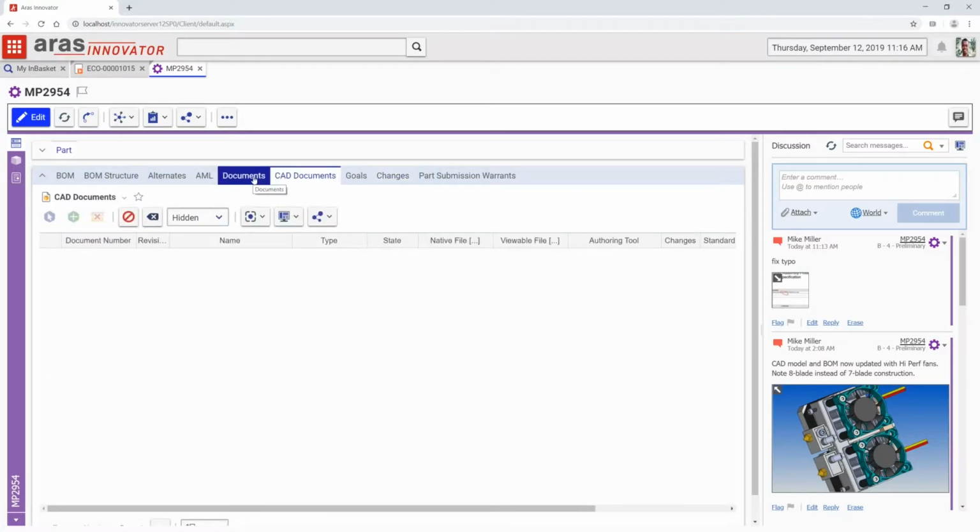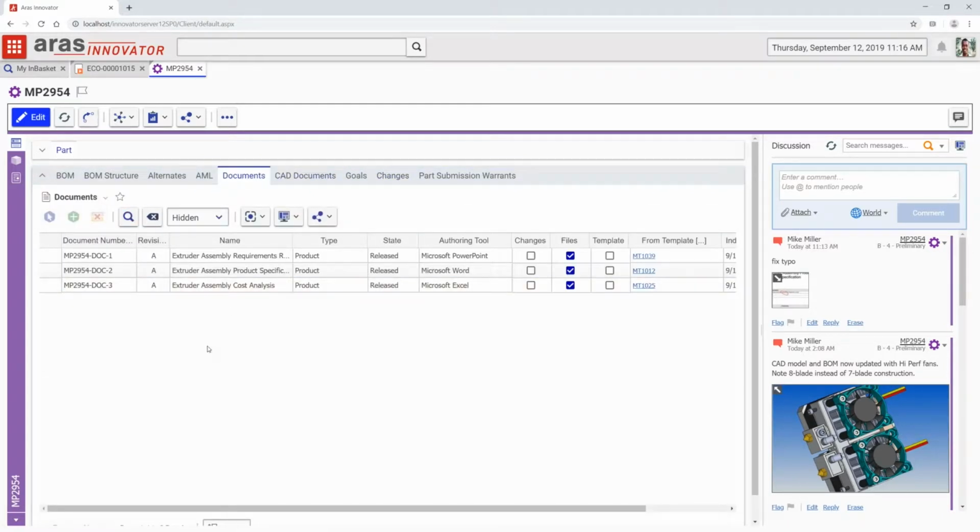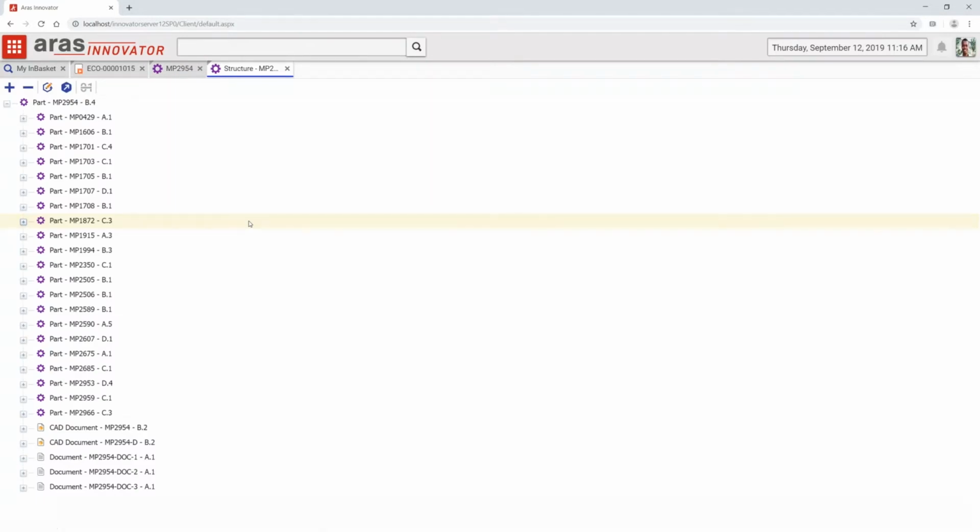So by clicking through the tabs, I can see a lot of relevant information, and you are free to configure your items to contain the type of information grouped on any type of tab order you want. But it's also very powerful to be able to look at this all in one. When we talk about a product structure, a digital twin, here we start to see a simple example of that, where we can see in one view all of the product information related to this particular item.